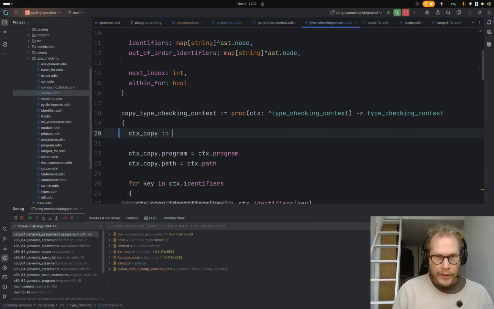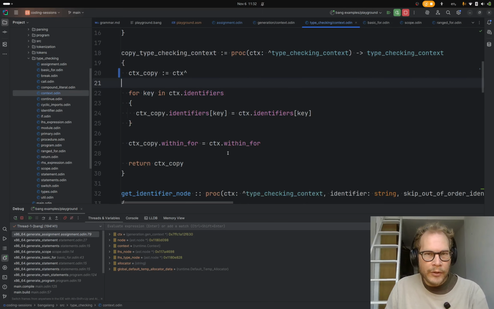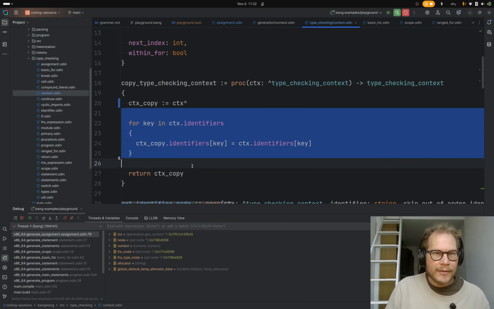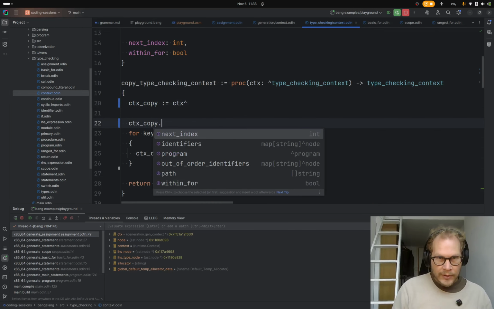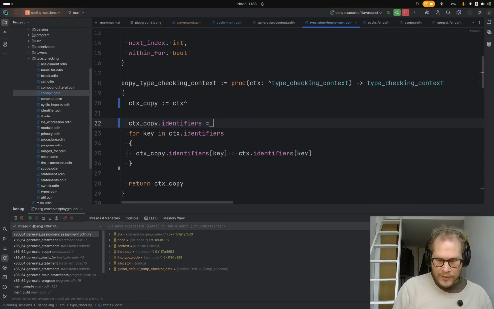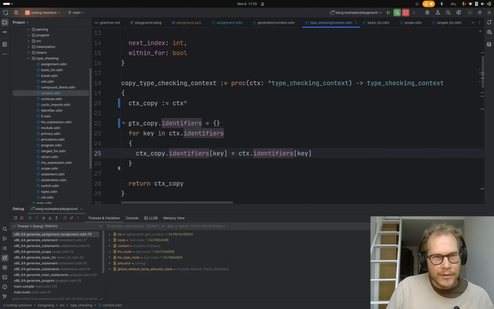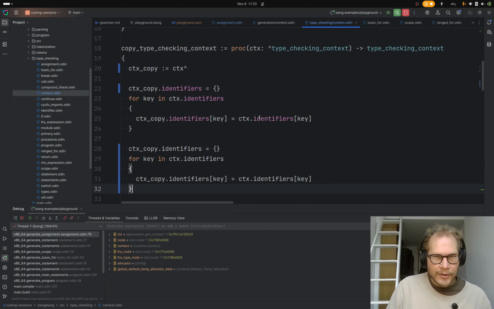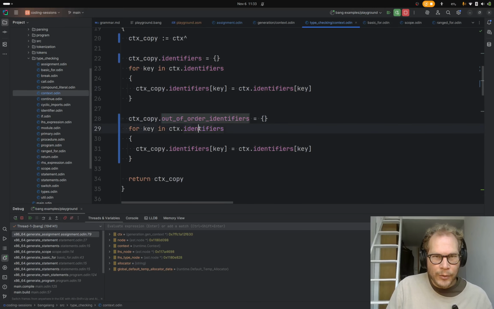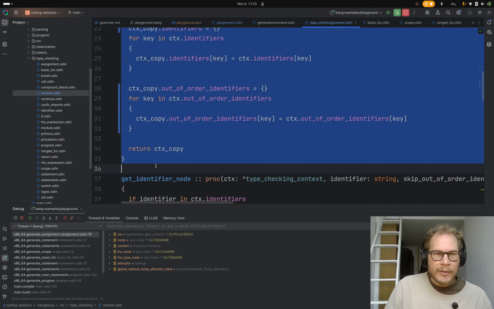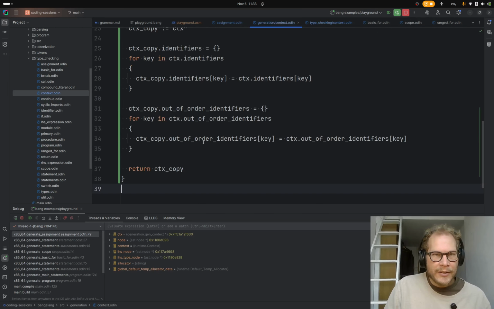I think a safer way could be to just create a copy of the context, so they should handle all those things. This is going to do a shallow copy of this. So I might just go like that, clear it in the copy and then do a manual copy across, so that this is effectively doing a deep copy of the identifiers, and we'll do the same thing with the out of order identifiers. That should be better. And now in the generation context,